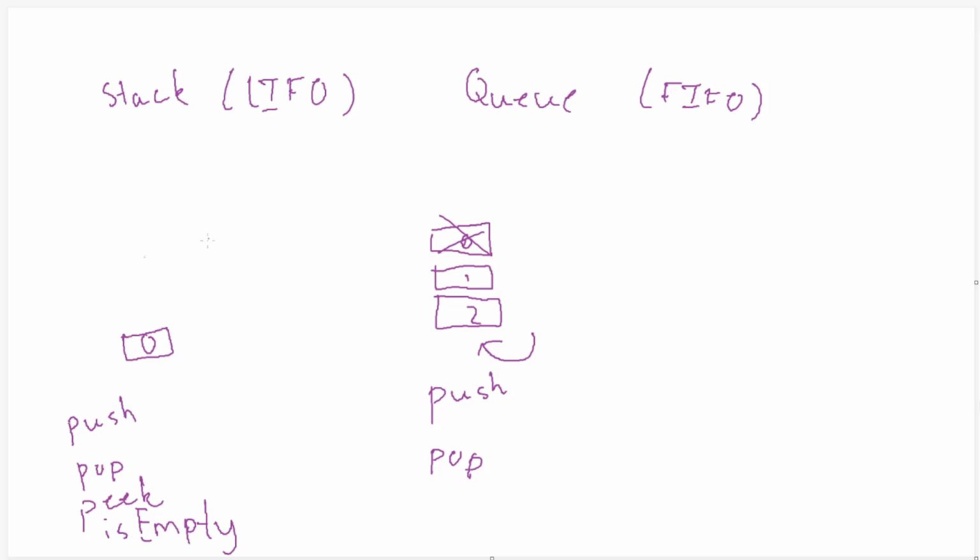I think 2 would be a little more representative. So say we push twice, and then we want to pop, we want to peek. So let's see, after every push, do we just automatically,